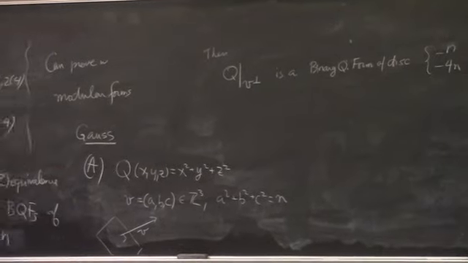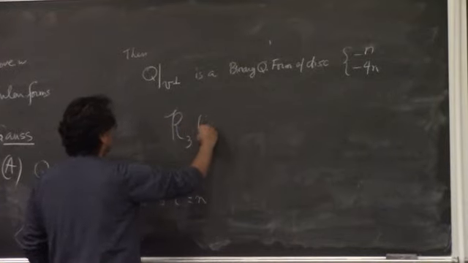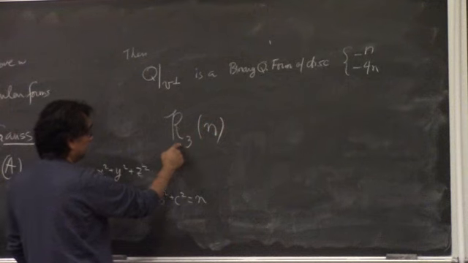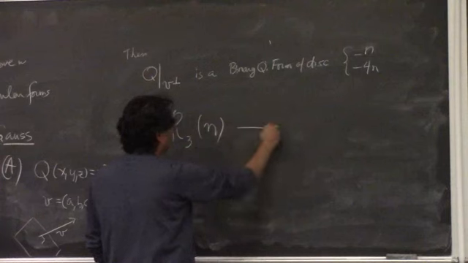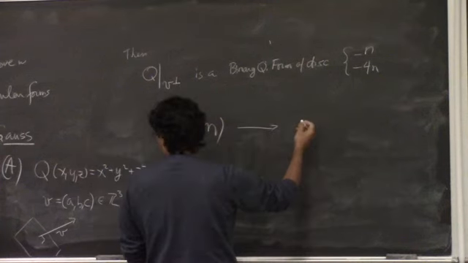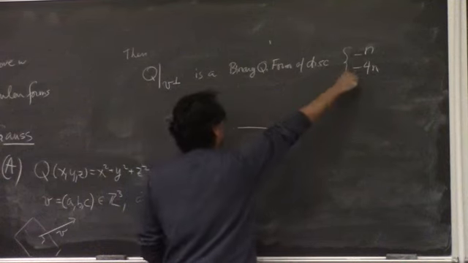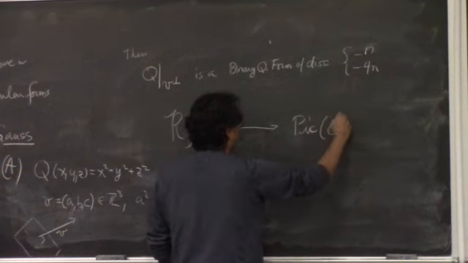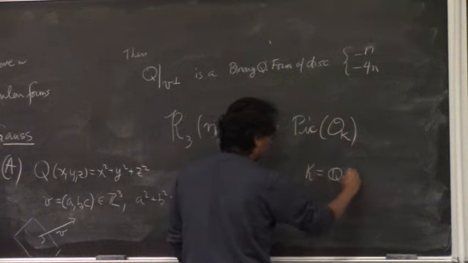So you get a map from R3 of n, the set of triples of integers a, b, c such that a squared plus b squared plus c squared is equal to n, to the ideal class group of K,